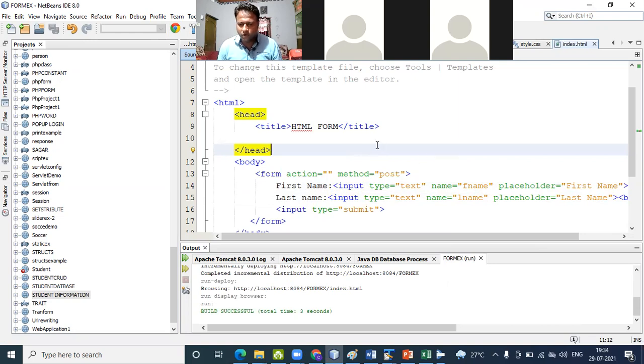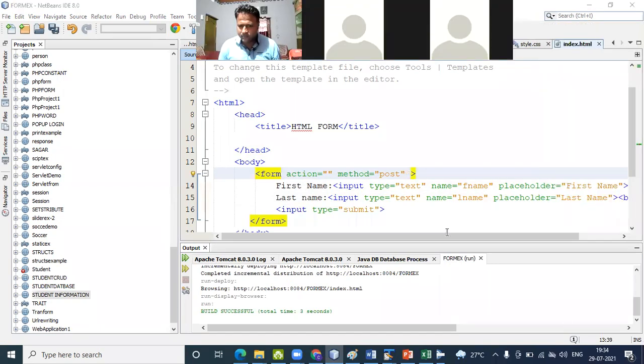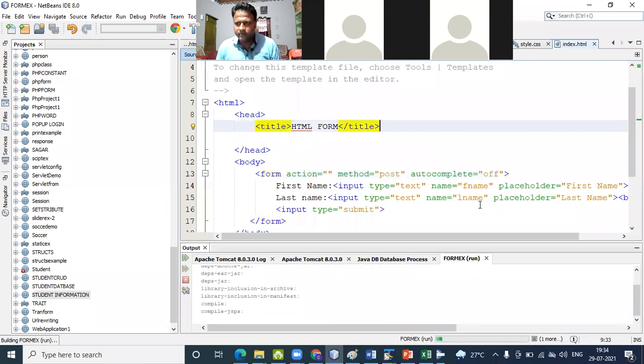Okay, so autocomplete means automatically it is displayed. You put autocomplete off so that it is not showing you the predefined value.